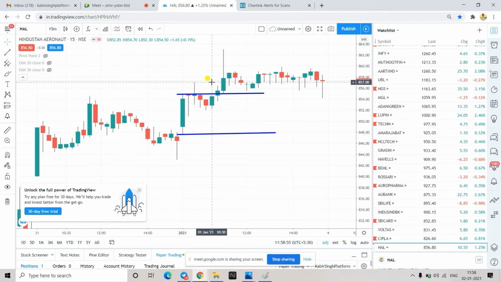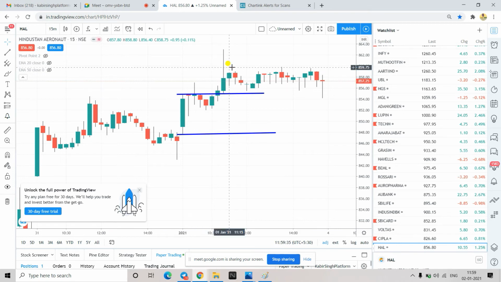In this case, if you could see, if you would have taken a trade at 857, it has given a move of around 6 rupees from the entry. One more thing I'll tell you guys. This is with respect to intraday. When you are doing intraday, make sure that your first target is around 0.5%, because you never know when the pullback will come. 0.5% should be your first target, because in intraday you will never come to know which stock will give the movement.